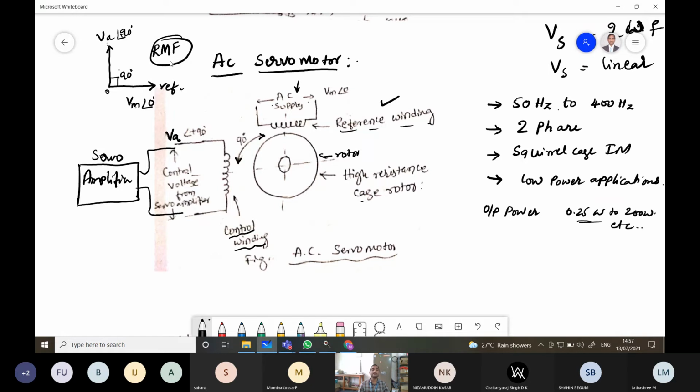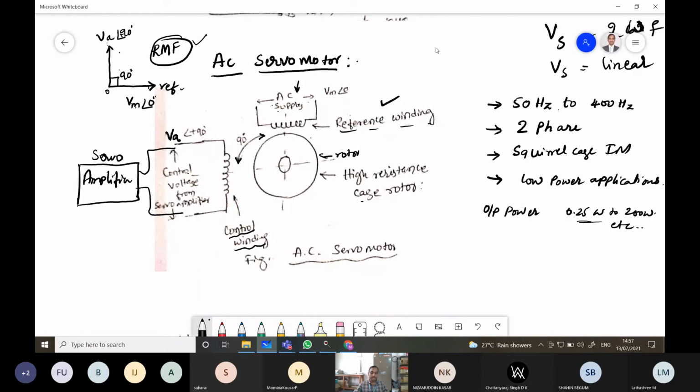To obtain the rotating magnetic field we require two phases. Even in single phase induction motors, one phase alone is not sufficient, so we require two different fluxes or two different voltages. For that, a rotating magnetic field will be produced. For that purpose, the windings are made into two parts separated by an angle of 90 degrees. From this, the AC servo motor rotates because a rotating magnetic field is produced, and then the rotor starts rotating.